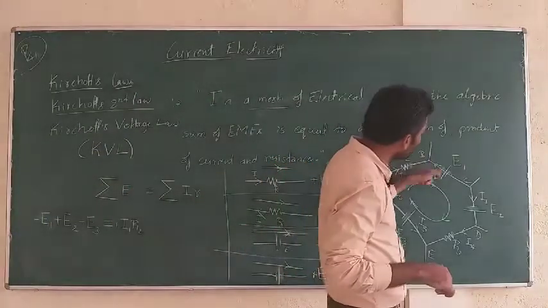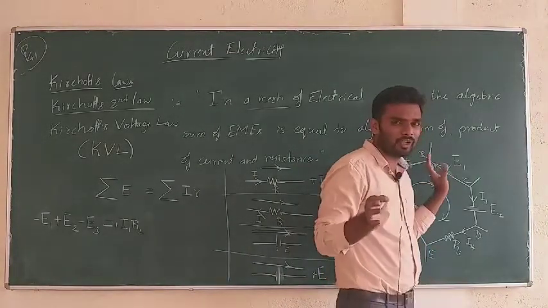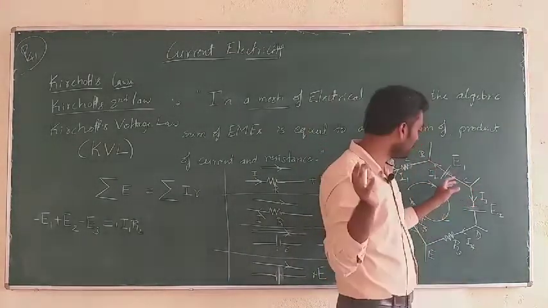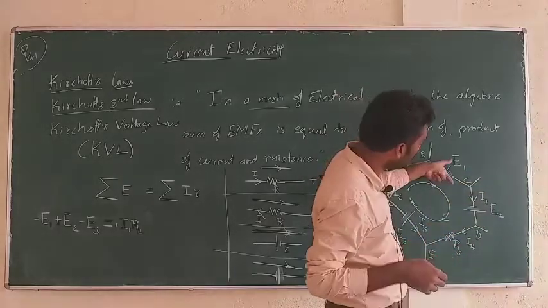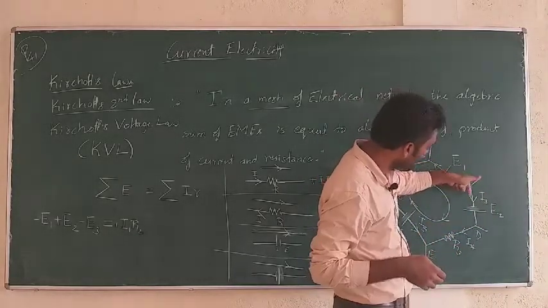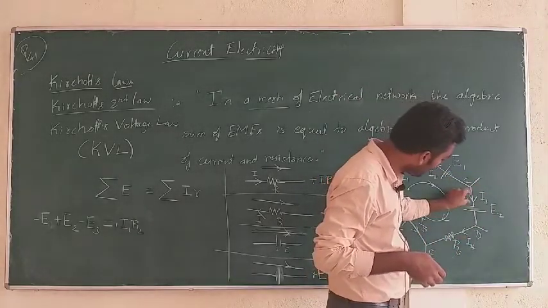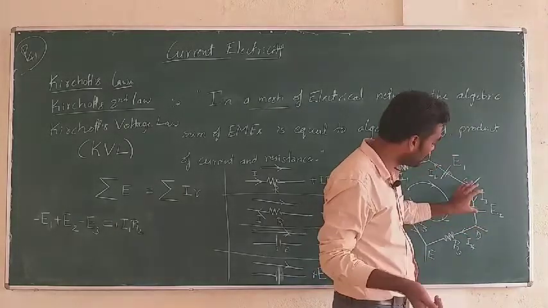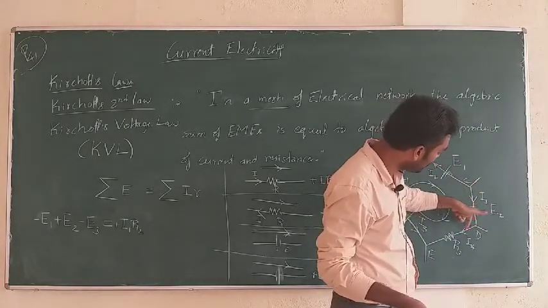I will move ahead. What I see is a cell. I don't bother about the cell this time because I have considered it in the LHS part. I move ahead. B to C is OR. C to D, I see, is there any resistor here and here? No resistor. It's simply a cell. So I neglect it and move ahead.